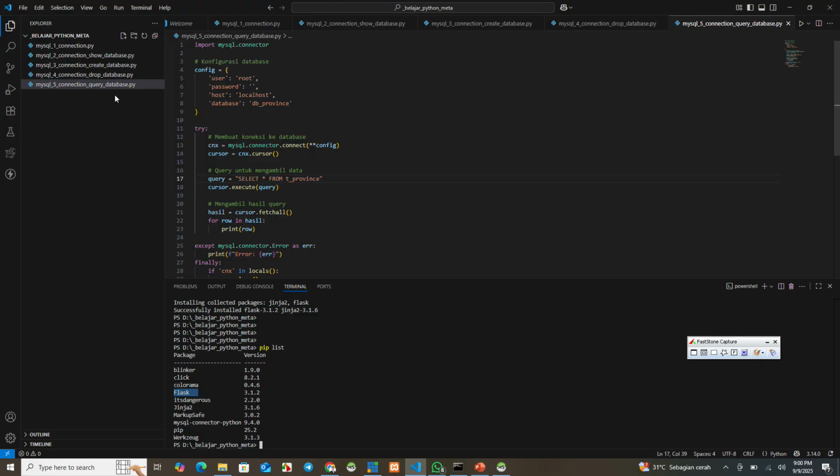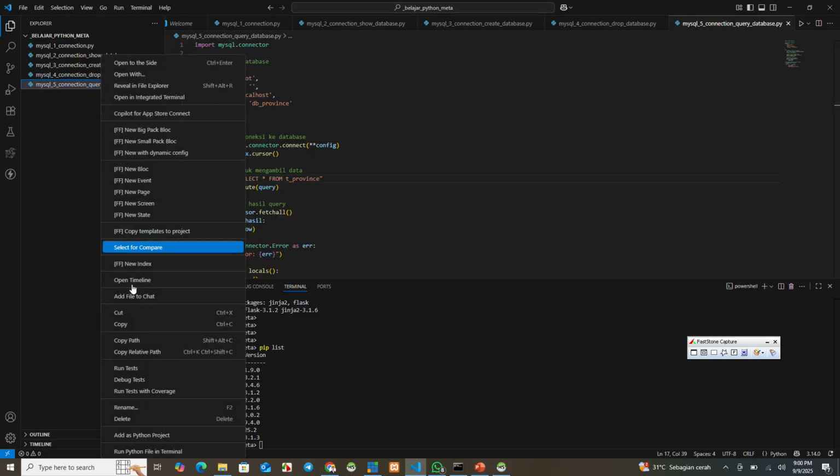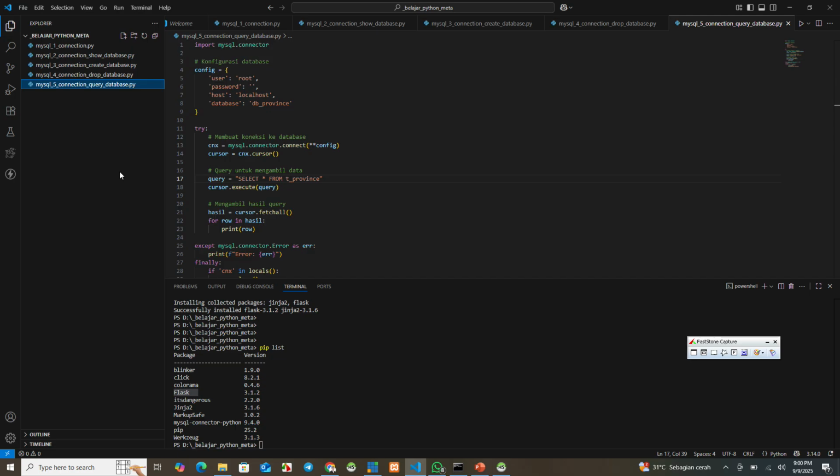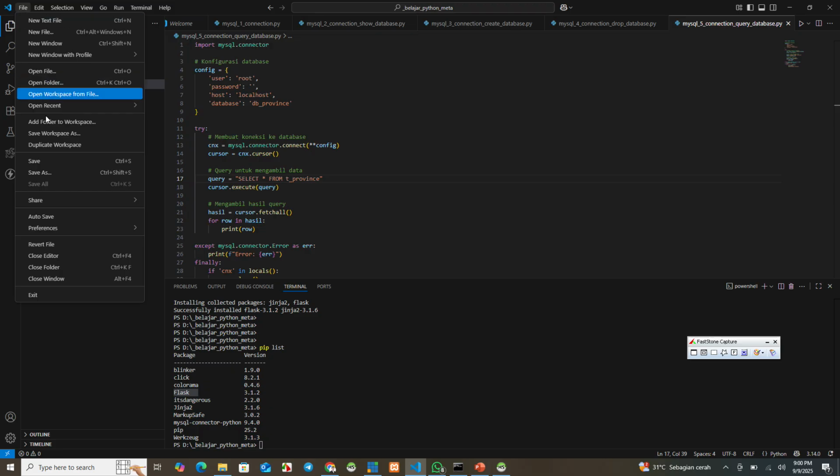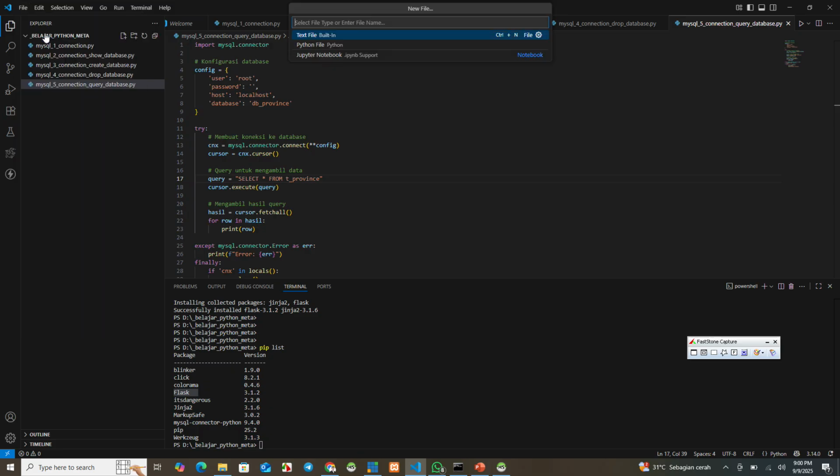Now we make the connection. For example, this one, number 6. We jump directly here. MySQL 6 connection.